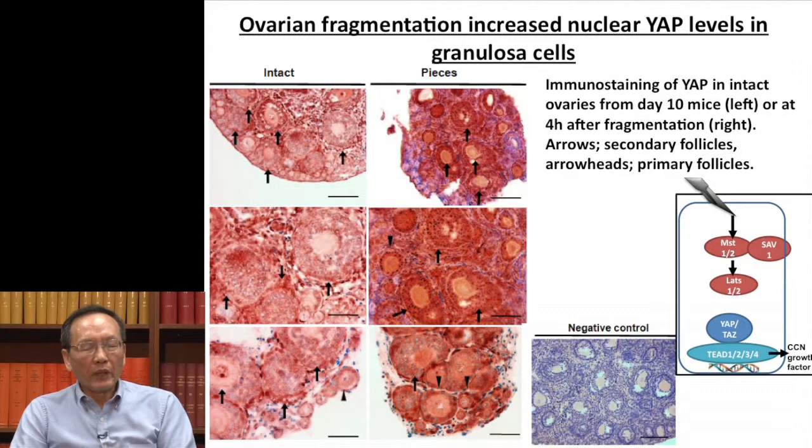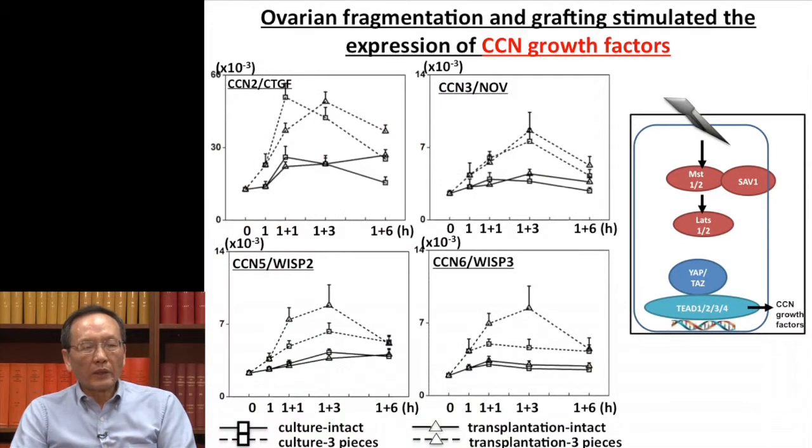The data really shows clearly that YAP is going to the nucleus, based on this slide. That is 4 hours after the treatment, we can see that the same antibody staining with and without fragmentation gives us a very dark, strong signal because the nucleus is a smaller area, and then all the color begins to show much stronger. So we look at the CCN growth factors downstream of YAP, the Hippo signaling,